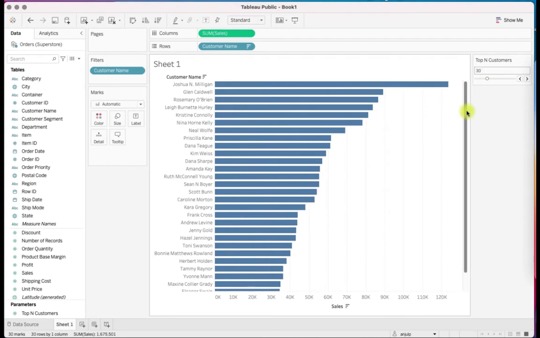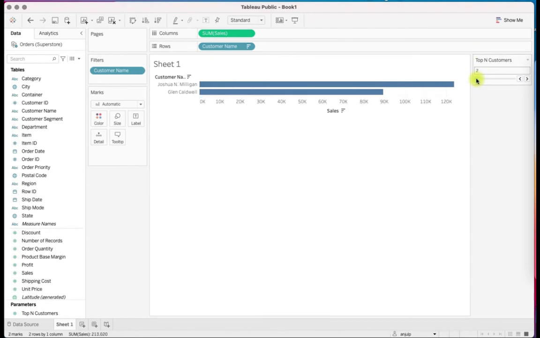Yeah. So this now displays top 30 customers. Or you want to display only top two, maybe. Okay. So this way, basically, what we have done is we introduced a parameter. We linked it to the filter, right? So remember, I told you I'll show you how the parameter works for filters. So we have linked the parameter to a filter of the dimension, and that's how we are restricting the number